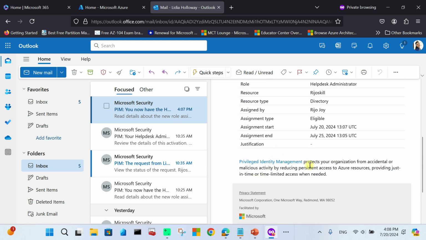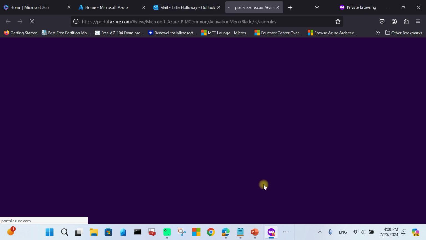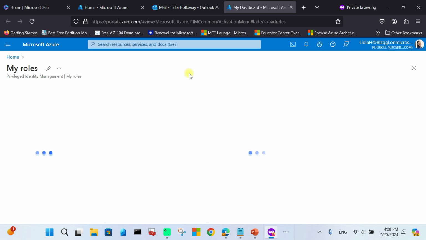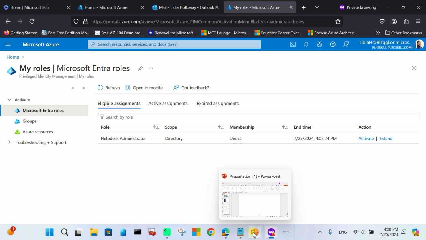For justification, you need to provide the justification. Currently I just go for view and activate role. View and activate role will take you to the portal. So Lydia gets the eligibility assignment, and here you can activate the assignment. Before activation, we just open